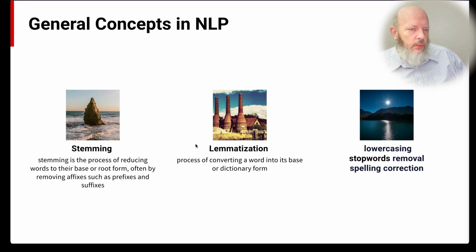But the idea is, with stemming, you basically reduce the words to the root form by removing prefixes and suffixes. So running becomes run. Fishing becomes fish. Lemmatization converts it to the base form of its dictionary. I get this backward. Lemmatization is where you go from running to ran, or you change it to the actual core fundamental idea. I always get stemming and lemmatization mixed up. If I get those mixed up, it doesn't matter. But